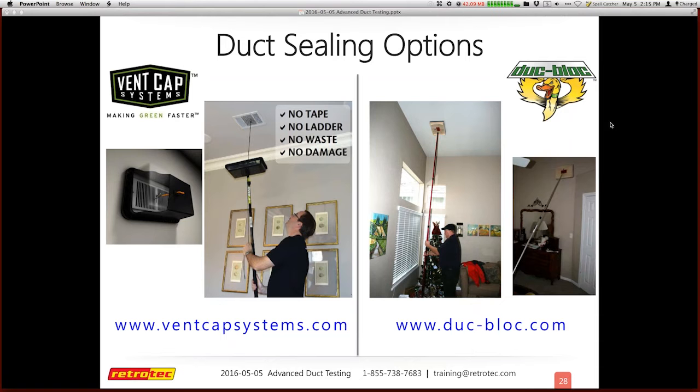So there are a couple duct sealing options that we want to make sure that we're promoting. On the left is vent cap systems with Corey Breed, and his link is down on the bottom. And Russ King, who's with Duct Block and formerly Sierra Building Science, he has a different method. Corey uses a pole that connects to your